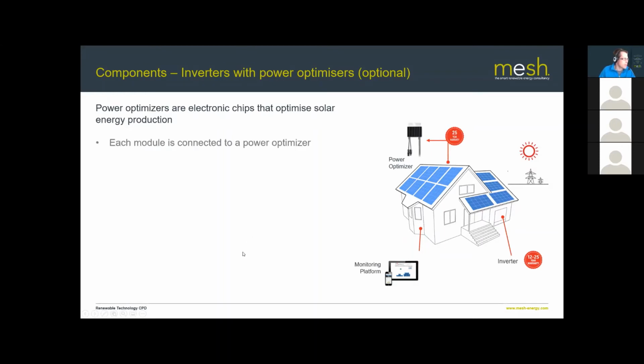So each panel has its own power optimizer. These work really, really well if you have systems which are partially shaded, or where there's complex geometry. So an example with this roof. If you were using an MPPT system, you would probably have to divide this into 2 strings, because the panels on this roof would see a very different level of light from the panels on this roof, and they might be shaded, for example, if there was direct sunlight coming onto this